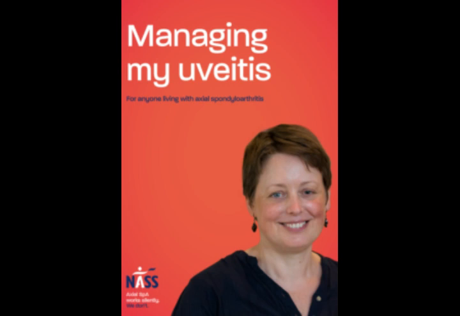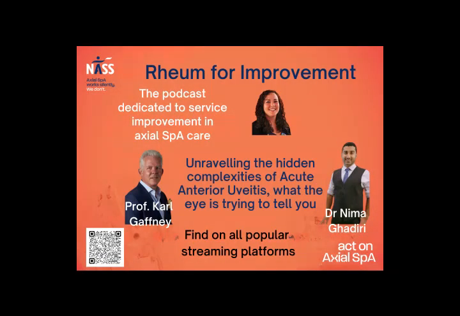I don't think we've done ourselves any favor here in terms of the terminology. A lot of the terms are almost unpronounceable and difficult for people to remember. So I think the easiest way to say is SpA is the umbrella term. AxSpA is if it's predominantly spinal. We're moving away from ankylosing spondylitis, really, unless people want to use it, but the correct terminology is AxSpA or axial spondyloarthritis. Hopefully that makes sense.